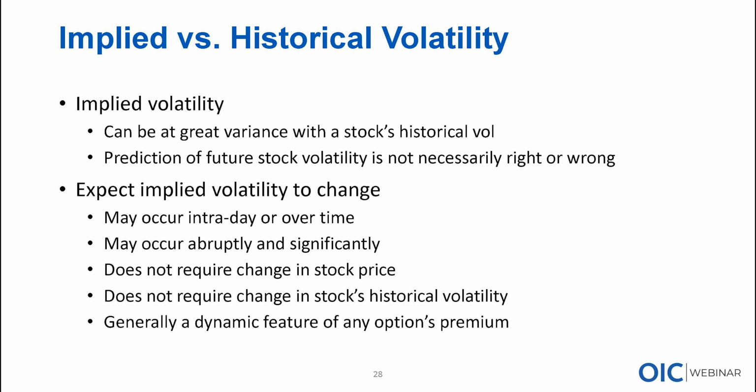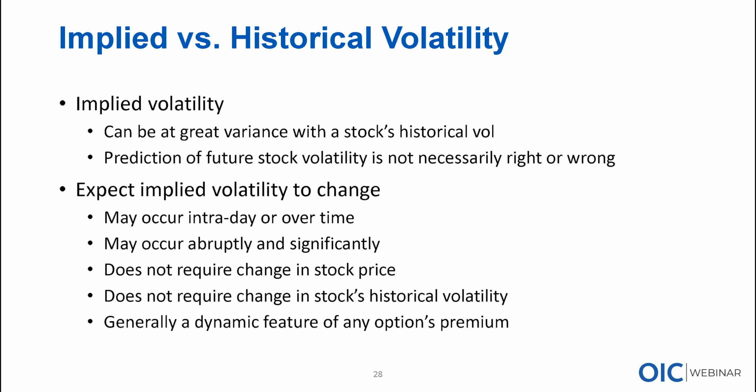So implied volatility doesn't necessarily need to be the same as the historical volatility. And one thing about it: when people talk about expensive options or cheap options, what they mean is the implied volatility levels in relation to its historic. If historically the stock is trading at a 30% volatility, and yet options are trading at a 15% volatility,